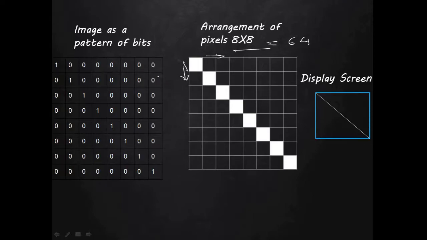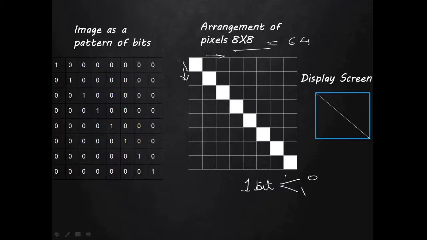So how are we going to store any black and white image? We are going to store 1 bit per pixel. Means for each and every pixel on this screen, there will be 1 bit. When there is 1 bit, there are only 2 possibilities: one is 0 and the other is 1. Means we can store either 0 or 1.